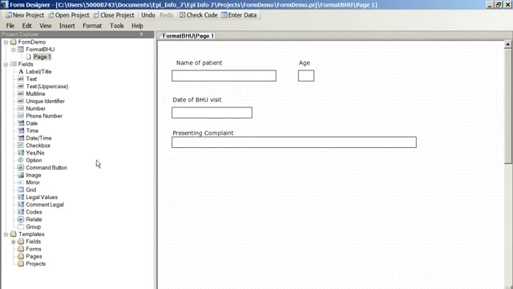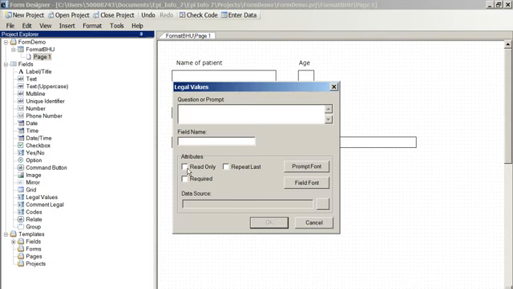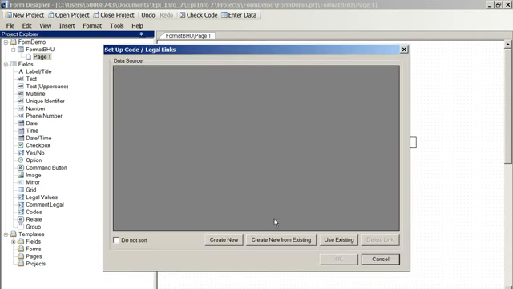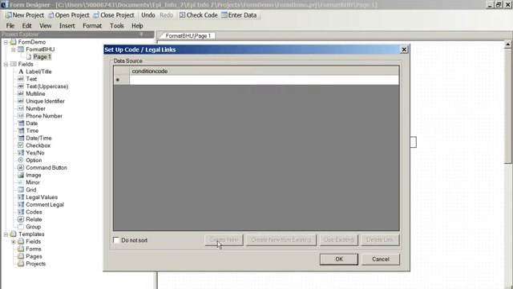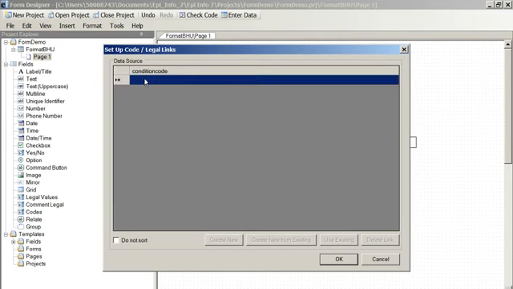We could use legal values, and we could have condition code. Now, data source, we come down here, we're going to produce a series of legal values that will be allowed to be listed here. We go and we create the data source that links to these codes. We've got to create new at this point, and it will come up with a little table we can complete. So, this will be a drop-down box now. So we could have in here